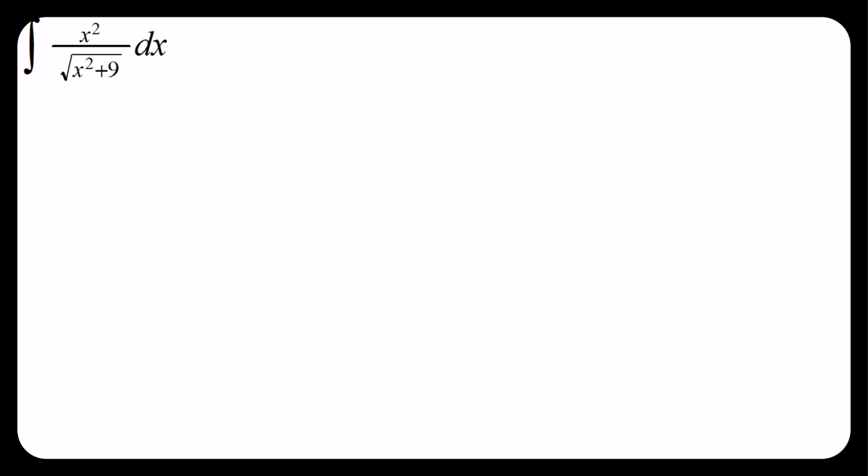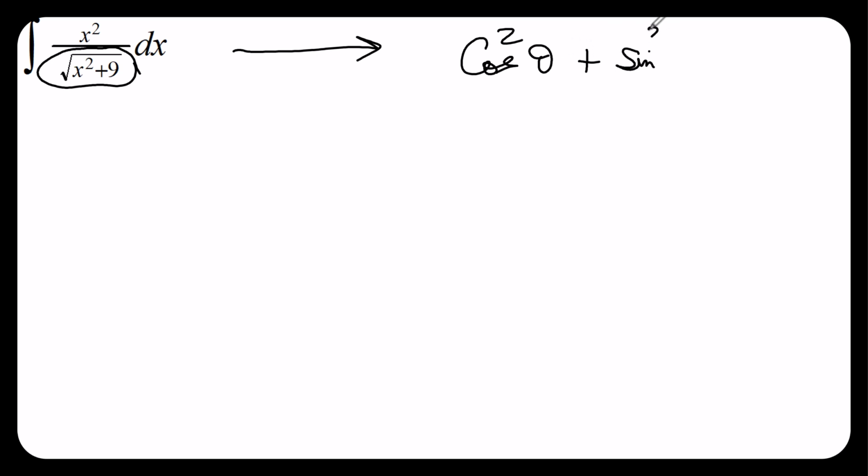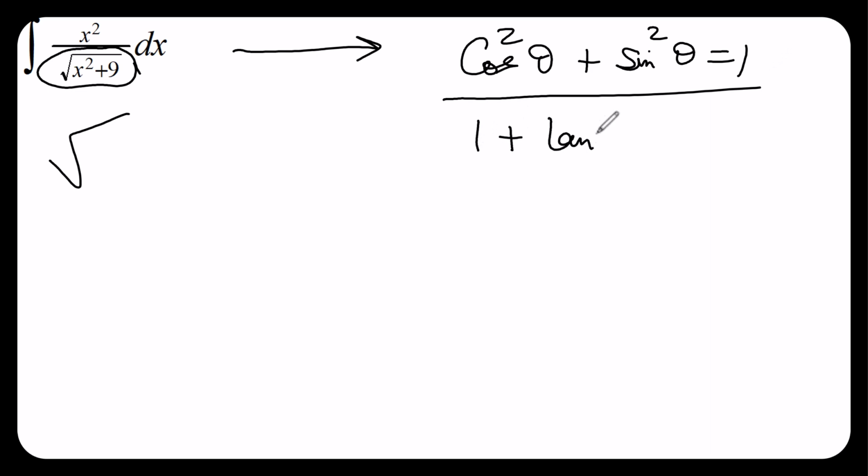So we would like to use trigonometric substitution to evaluate this integral. And if we talk about trigonometric substitution, since here we have a quantity in a square root, we would like to transform it to be square root free or radical free. So we have to get a complete square inside the square root sign. So this is our Pythagorean identity, and if we divide it by cosine square of theta, then this